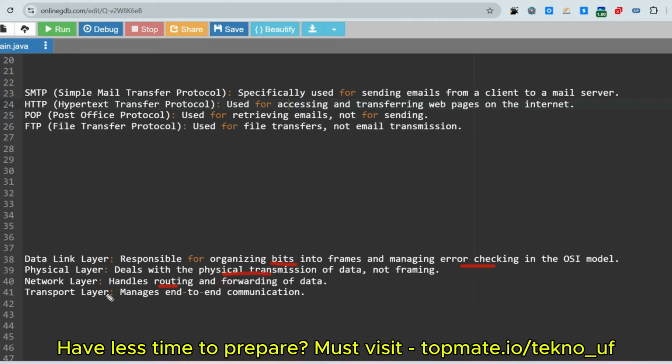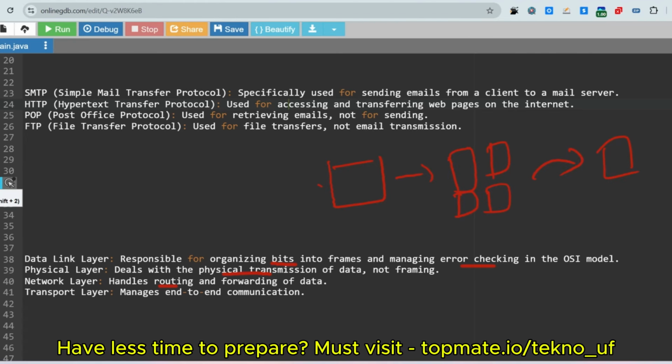The transport layer divides the data into multiple segments, transfers the data and reassembles it. So the transport layer manages end-to-end communication. I hope you understood.